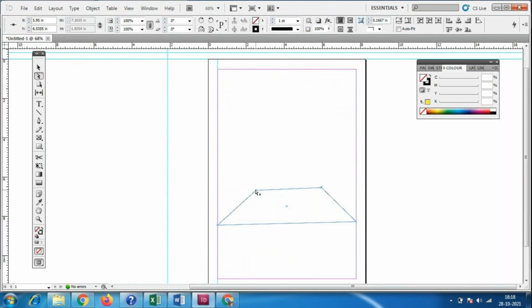Suppose we want to create a 3D design, so I will take this box rectangular tool. I'll go to this point.